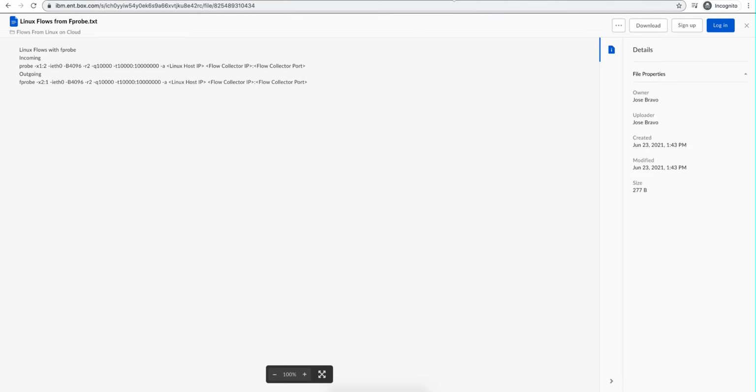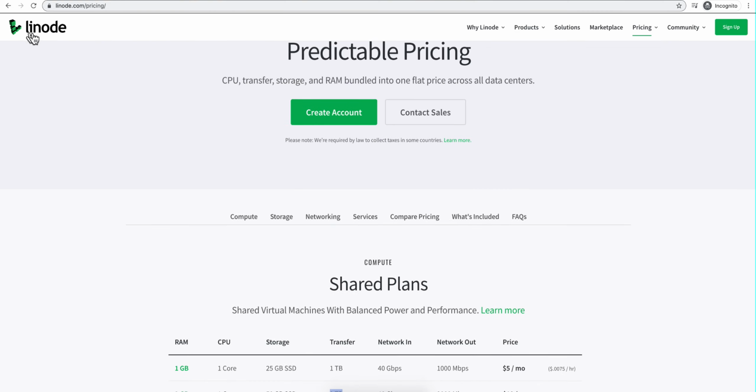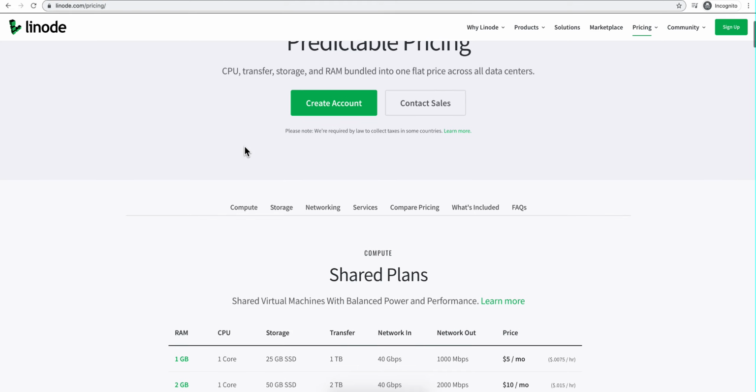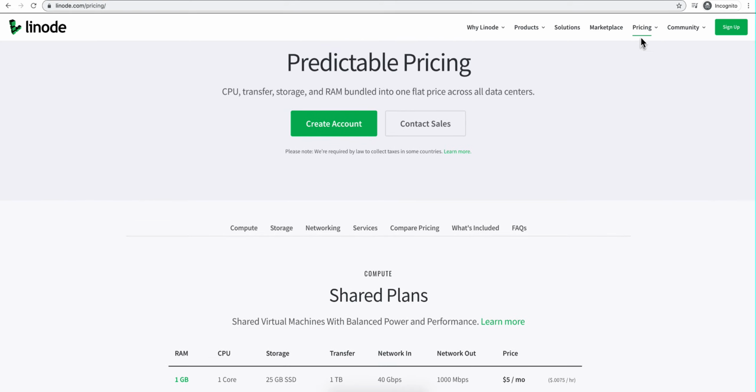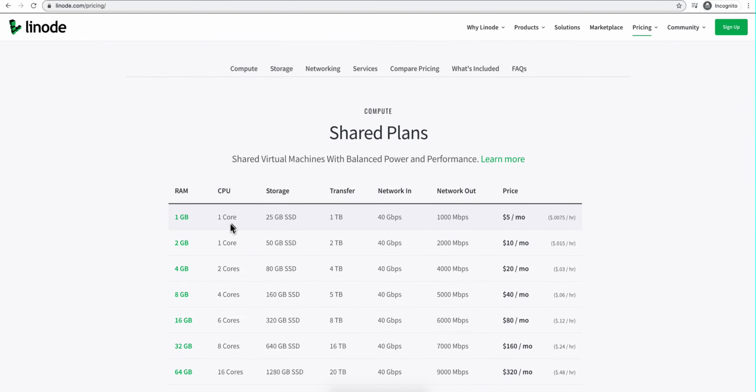Speaking of testing Linux stuff, Max brought to my attention this company, and we have no affiliation with fprobe or Linode or any of that. It's just things that might be useful to you. And when you go on this company's pricing and you see the price list, notice that you can instantiate one machine